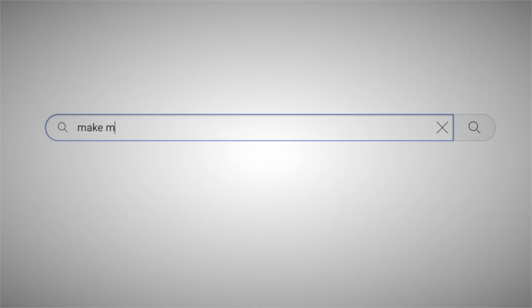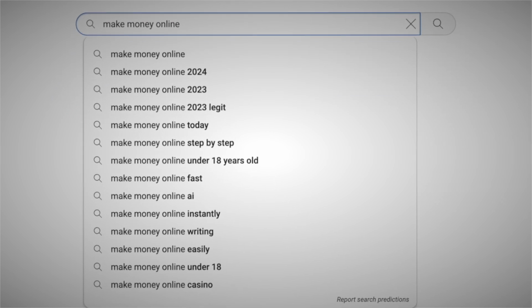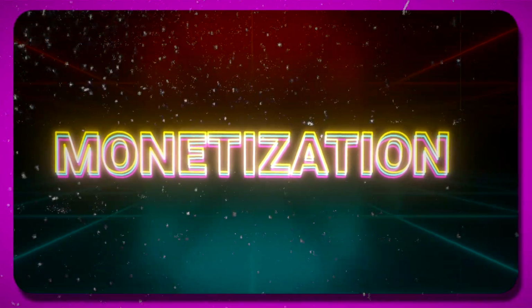And we do this because we want to see what keywords are popular. And we want to see what is actually being searched on YouTube so we can add those keywords to our videos. So you want to make sure to use the keywords that have over a 10K search volume. And this is if you're just relying on ad revenue, as there are other ways that you can monetize your channel as well.